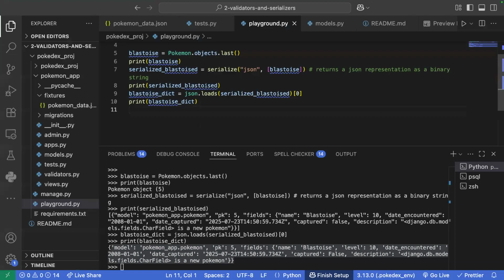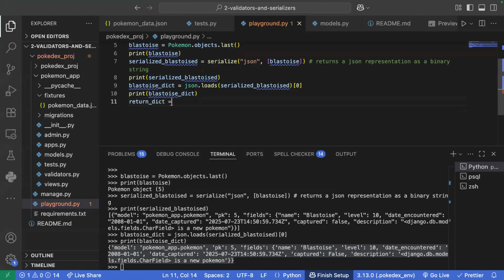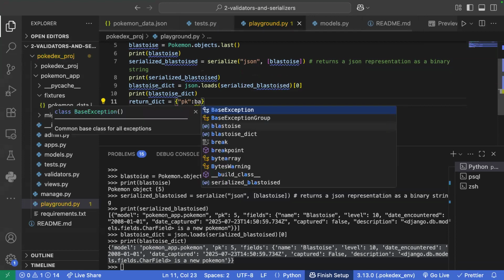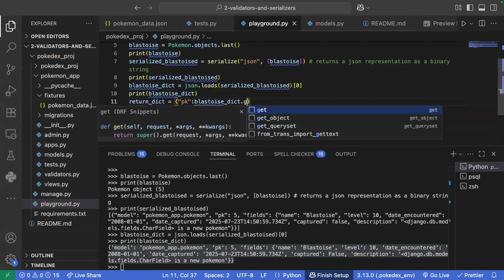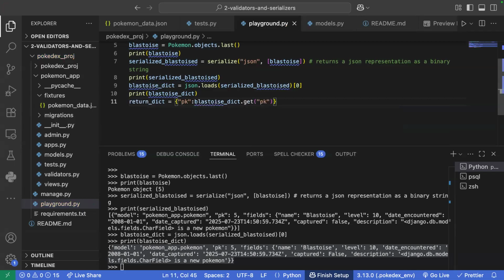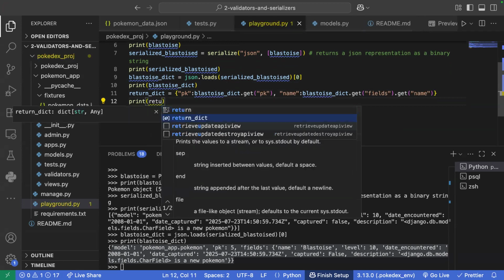Maybe what I want to return is, I could say return dict is only a dictionary where we have PK, and we do Blastoise dictionary dot get PK, and we only have name, where what comes out from there will be Blastoise dictionary dot get. In this case, it'll be fields, which returns a dictionary. So we could do dot get again and grab name. And now when we print the return dictionary,